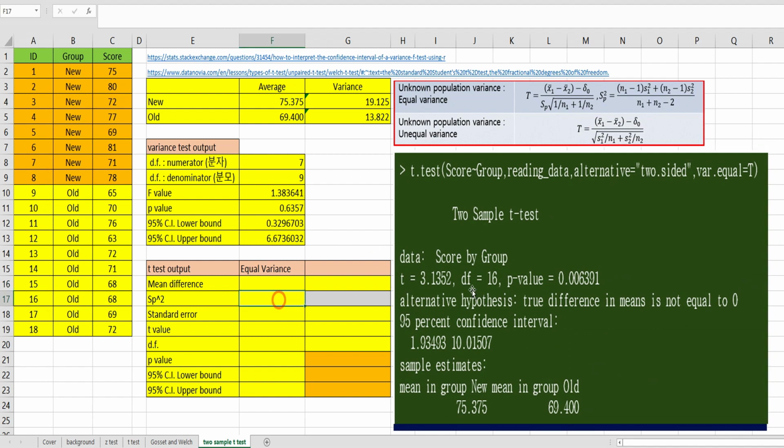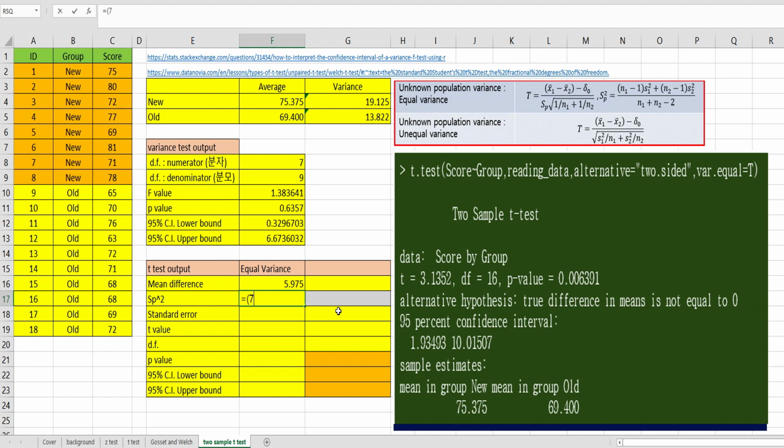So if you specify the var.equal option as true, we can do Student's t-test. Let me show you how to get this output. The mean difference is the average of the new group minus the average of the old group. This is the formula we can use for the Student's t-test. So this one, sp squared